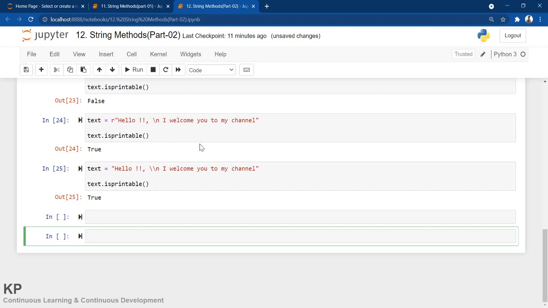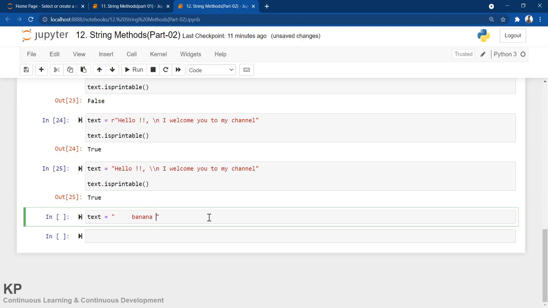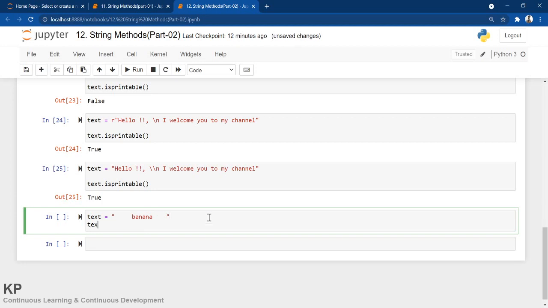So now let's check if a string contains any white space or not. I'm giving text equals to double space or maybe some spaces, then I'm putting banana, then I'm putting some more spaces. Then I'm doing text, the method name is isspace.